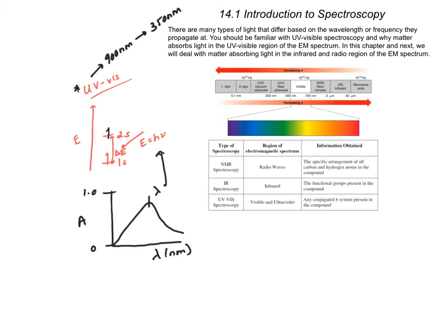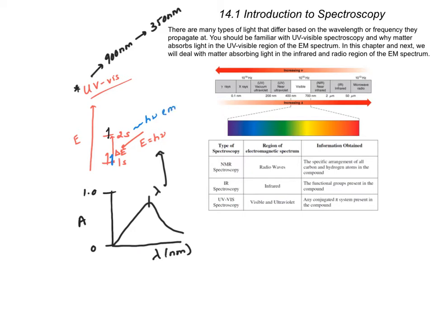What was the reverse? What if we had an electron already in a higher energy state, and it relaxed back down to the lower energy state? So this electron, instead of staying up here, says, hey, I'm okay, I'm going to relax back down. And let's say that it gave off light that had that exact energy spacing. What is that called? It's not absorbance. When we relax back down and give off light that has that particular energy spacing, what is that called? We come back down, we give off light. This is called